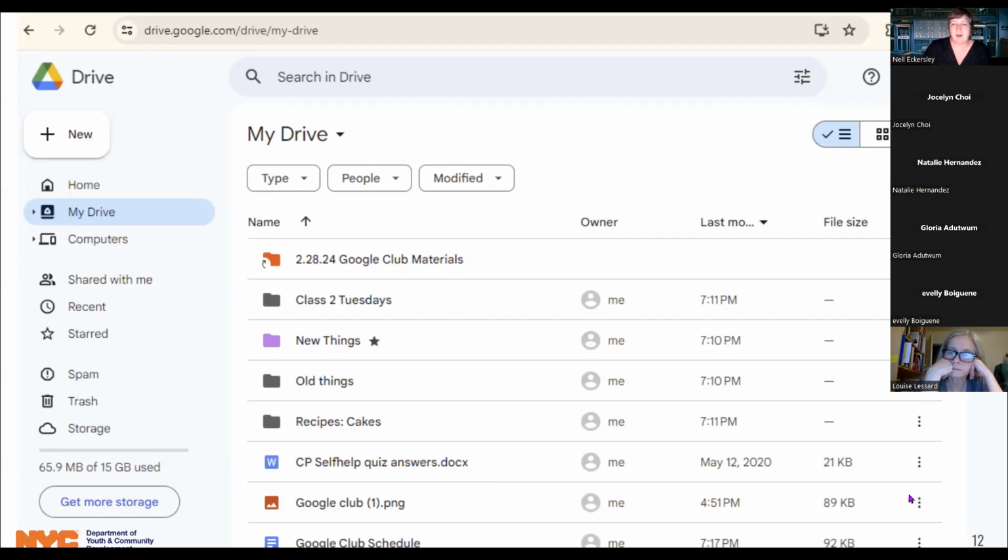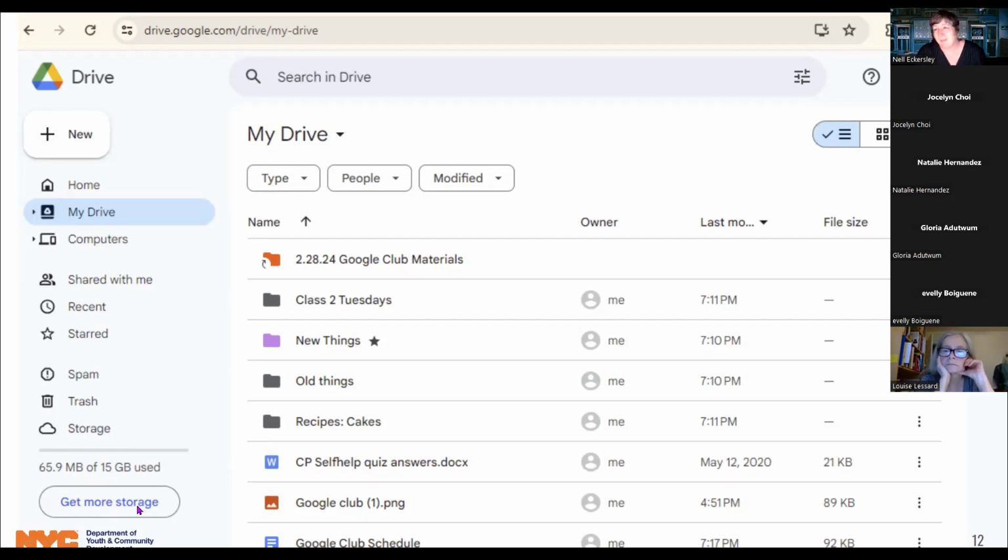So when we see over here the file size, that's telling you how many kilobytes are being subtracted from that 15 gigs. You will find that means you might be running out of space, out of storage. You can get more storage. It's not that expensive, but it does cost money. It's an annual fee. Or you can create a new Google account, which is what some people do, right? So you can have more than one Google account. Now, the downside of having more than one Google account is remembering what is where. So you'd have to be very clear in your mind that this is my Google account for work, and this is my personal one, or this is the one for ESL, and this is the one for math.